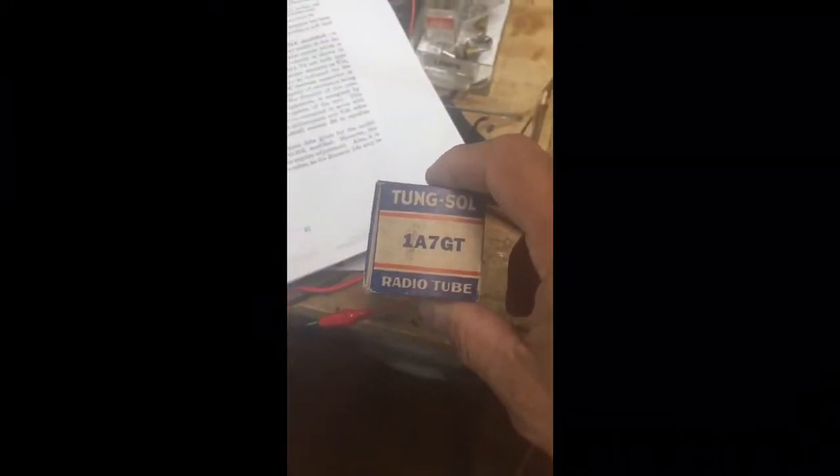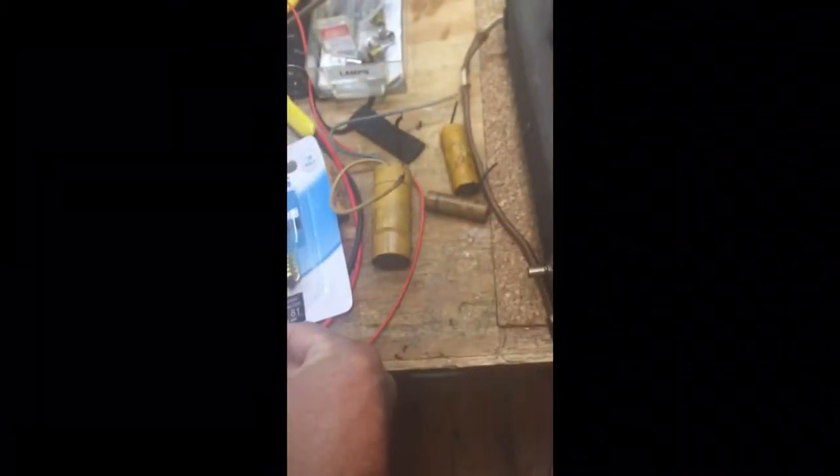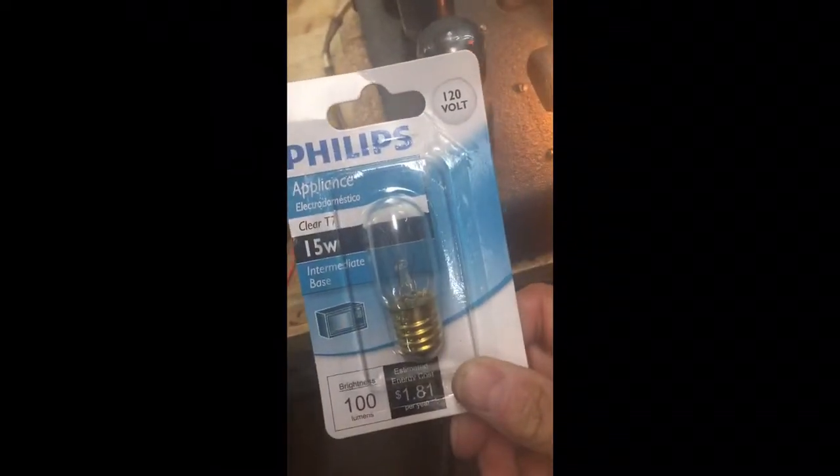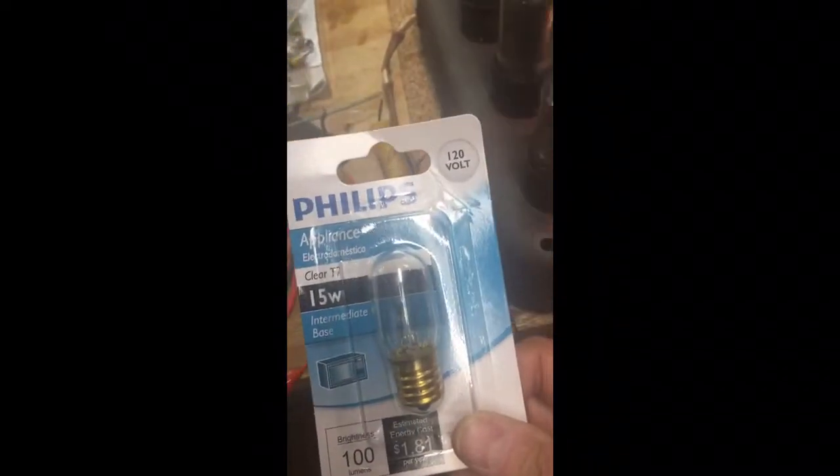So I went out and I bought one of the tubes that was suggested in the schematic, and I was going to put it in here, and I was going to try. And then it occurred to me one night, in the middle of the night, that this said that it uses 4 of the same tubes. So, bottom line is, I replaced the caps, replaced the exciter lamp. You see here, 15-watt exciter lamp, got off eBay, or off of Amazon,